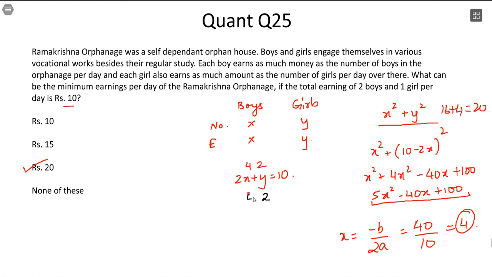If y is 2, x is 4, x square plus y square in that case would be 20. If y is 4, x is 3, 3 square plus 4 square would be 25. If y is 6, x is 2, 2 square plus 6 square is 40. Then 8 square, then whatever, you can go on. You can also see an upward trend. The number keeps on increasing. So you can reach your answer 20 that way as well. Okay, moving on.